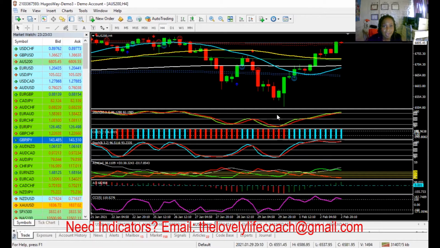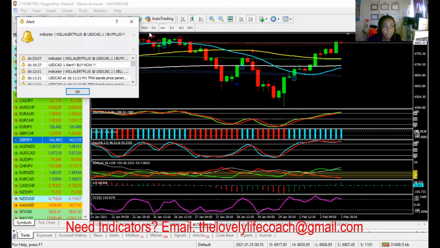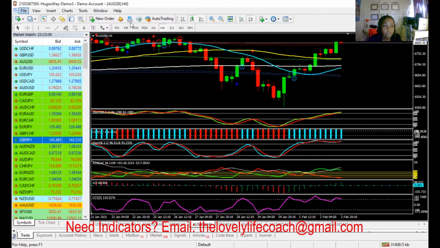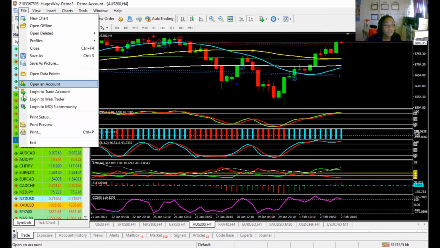Now, in order to add these indicators to your chart, the custom ones, okay? This is if you have Windows. I don't know about Macs. I don't have a Mac. My daughter has an iPhone. I had an iPhone, but you know what? I'm just an Android and Windows type girl. But anyway, so you're going to hit